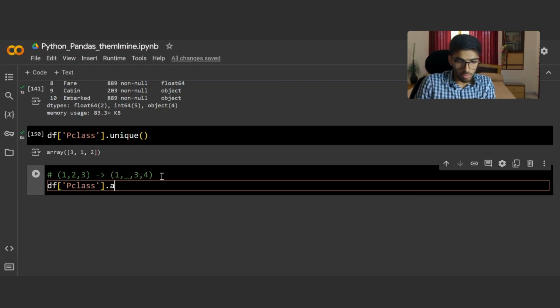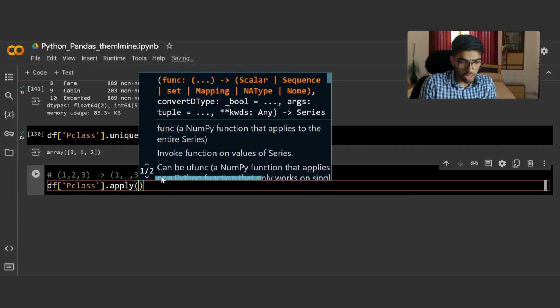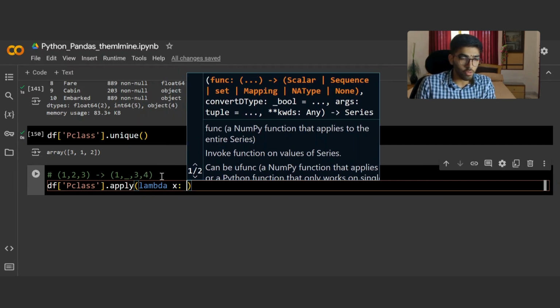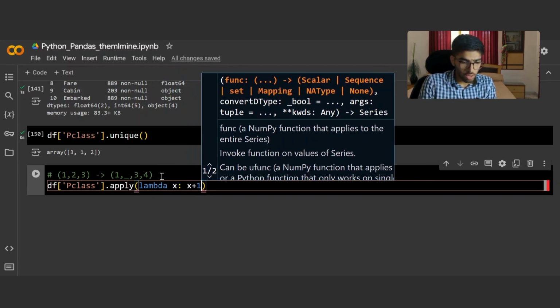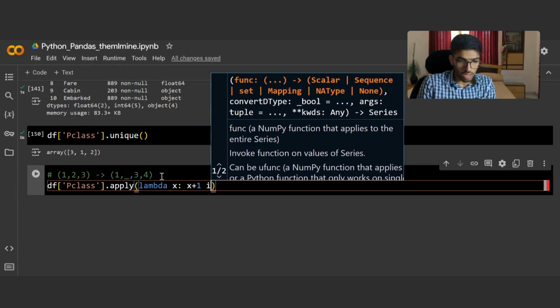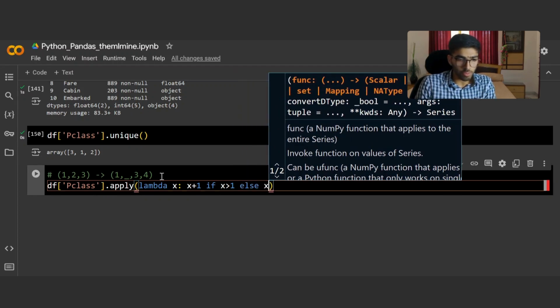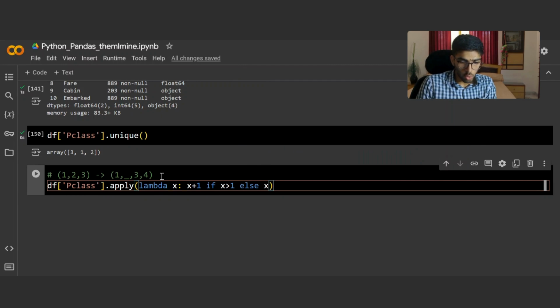So I'll select my column and then I'll apply the dot apply function, and then I can write lambda x, so it will create the x variable which is iterable for every row. Now what I'll do is x plus 1 if x is greater than 1. That is, if the ticket class is 2 or 3, it will update them by adding 1 to it, else it will keep that x the same as before. Now if I do inplace equals true and run it,